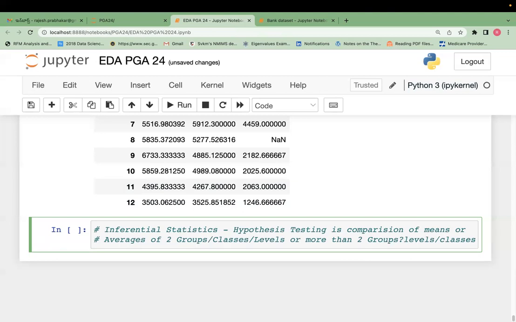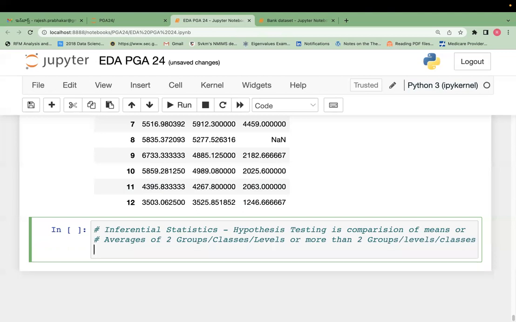Hypothesis testing is comparison of means. Comparison of means. Not median, not standard deviation. It is comparison of mean or average. In hypothesis testing, we compare the mean or average. Typically, in hypothesis testing, we have